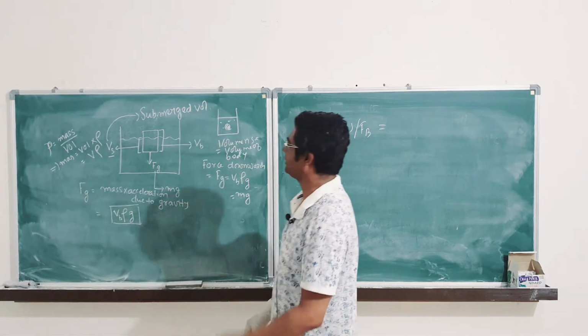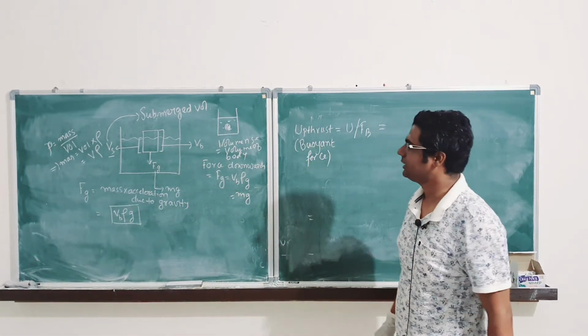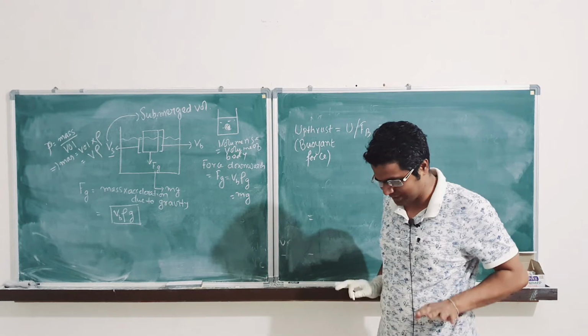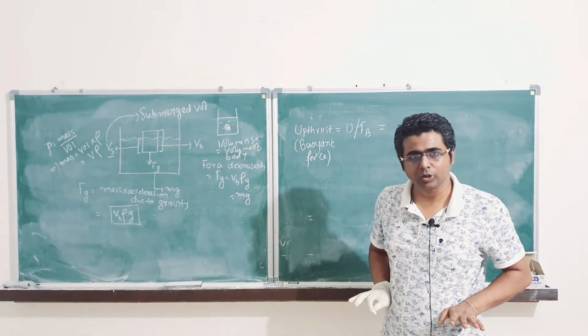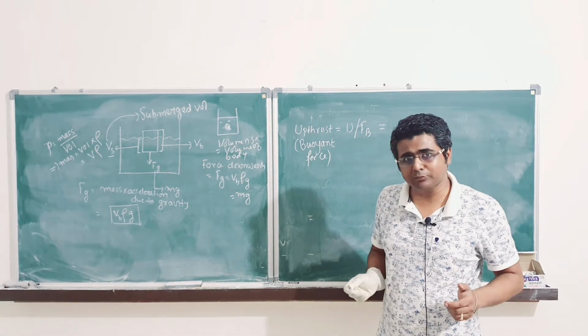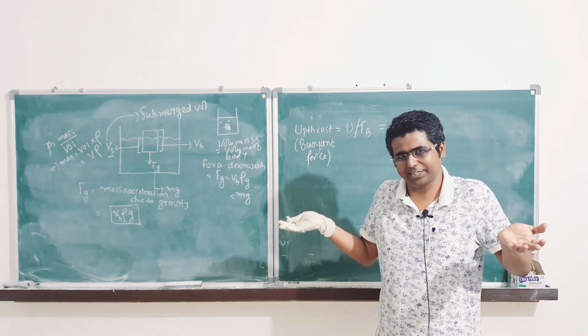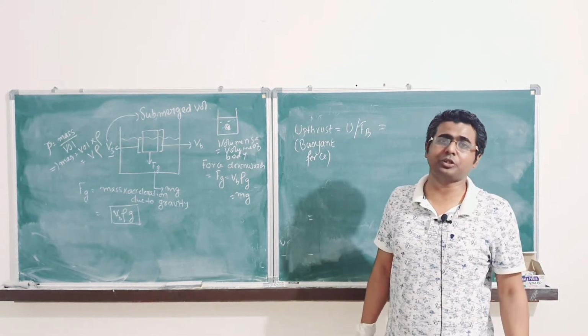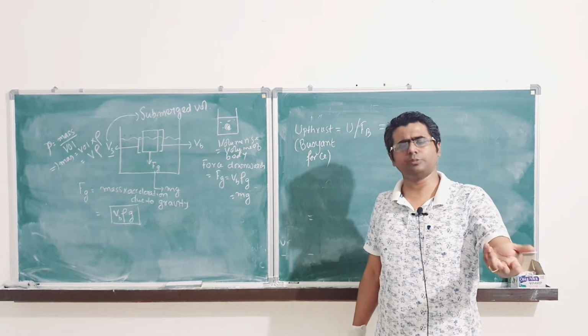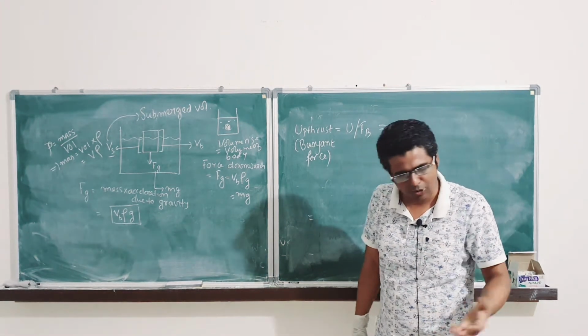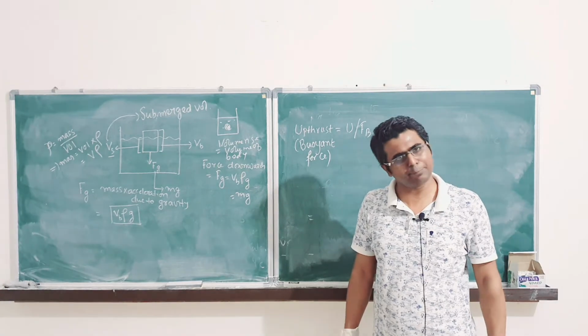This we call submerged volume. Clear? Submerged volume is inside the water. Due to this submerged volume, some amount of water is going to get displaced, right? What is the amount of water that is going to get displaced? Submerged volume. जितना वॉल्यूम अंदर जाएगा उतना वॉल्यूम ऑफ वाटर राइज करेगा. सिंपल है, ठीक है ना.